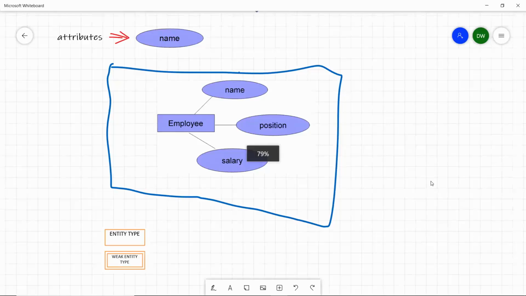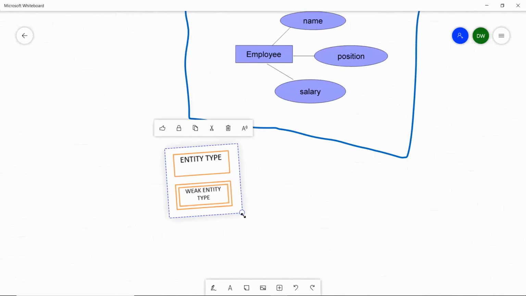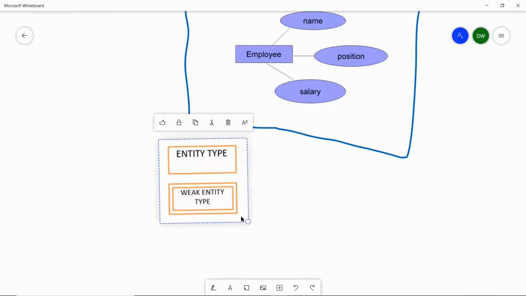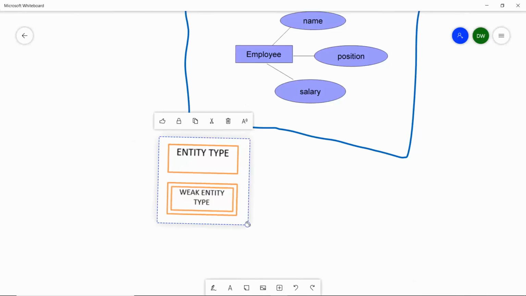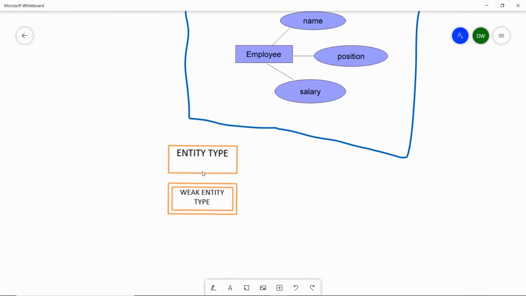Here, I told you that we draw entities using a rectangle, and here we have 2 types of entities. This is a regular entity and the second one is a weak entity type, right? So there are some strong things we will have to store, I mean the strong entities. And there are some weak entities which we will also have to store within the database. So when the entity we have to store is a strong entity, we just use the usual entity type box,